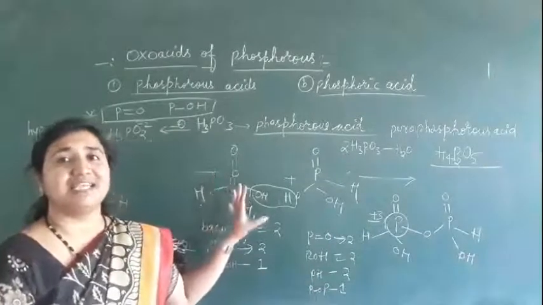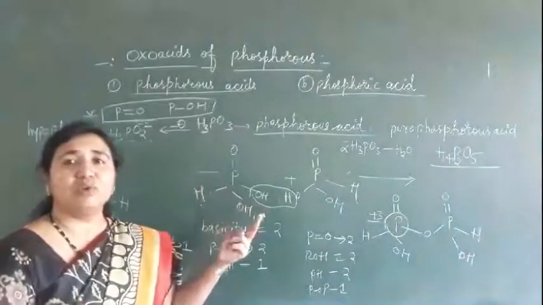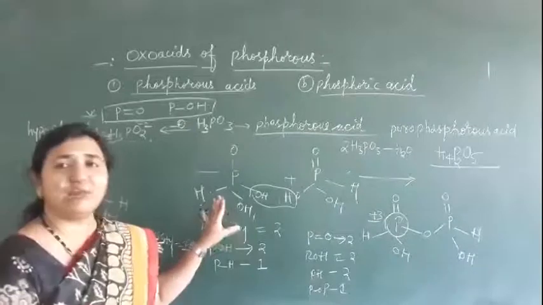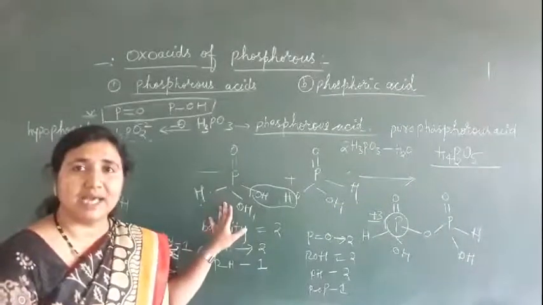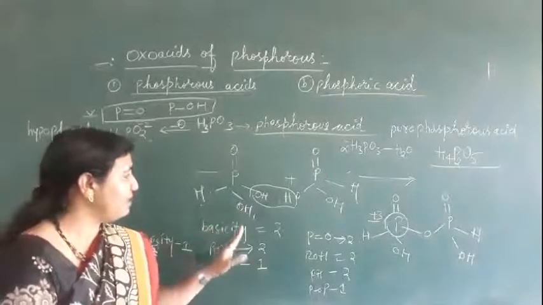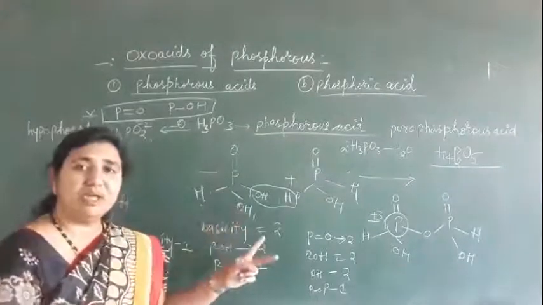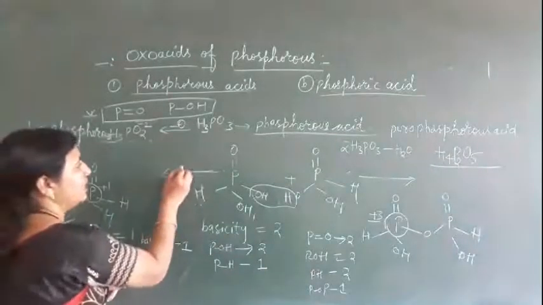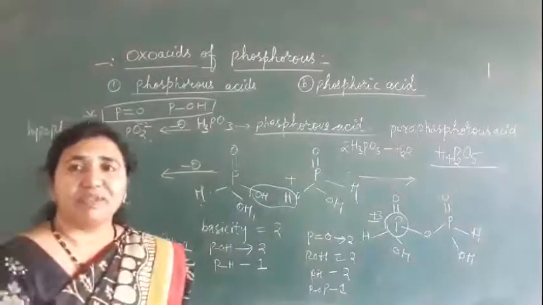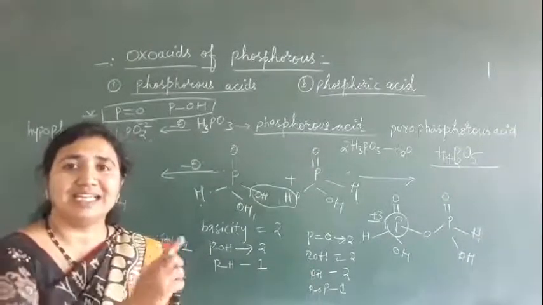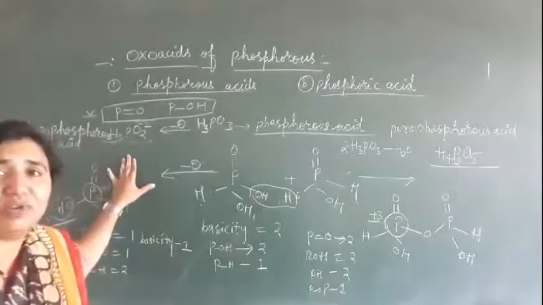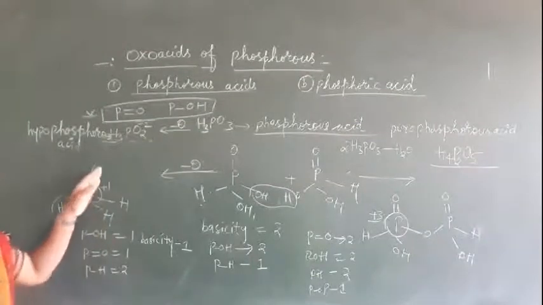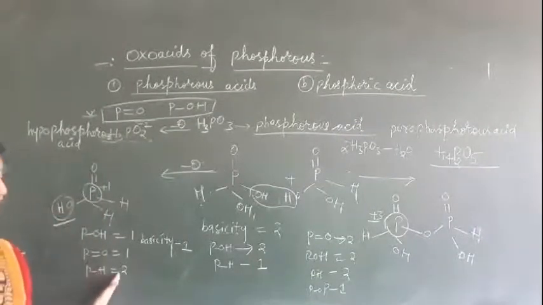So this is about the OUS acids. It is phosphorus acid. How many acids do we have here? 3 acids are there. The first is very easy. First we have H3PO3, phosphorus acid. In phosphorus acid the basicity is 2, and we have 2 P-OH and 1 P-H bond. Minus O, just remove one oxygen, then it will be H3PO2. H3PO3 minus O, then it is H3PO2. It is hypophosphorus acid. In hypophosphorus acid, we have 1 P-OH, 1 P double bond O and 2 P-H bonds.